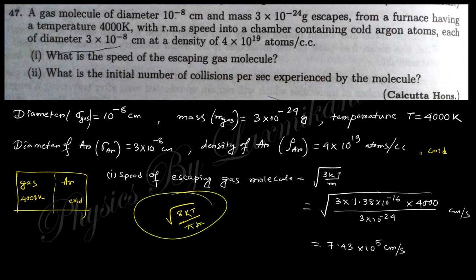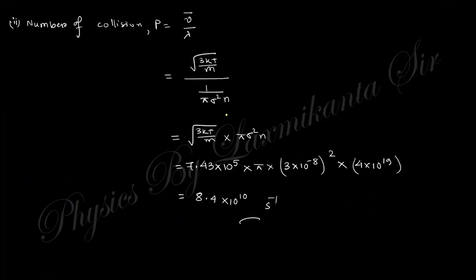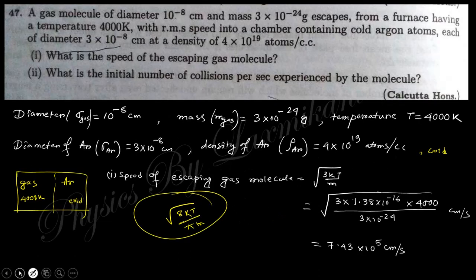You need to find out, you know, a slight difference, and after getting this 8 kt, this must be replaced by 8 kt by pi m. Okay, so if you put this value 8 kt by pi m, you can easily find this answer. Okay, so clear, I think this answer will be slightly different if you put this value. So you do these things also.